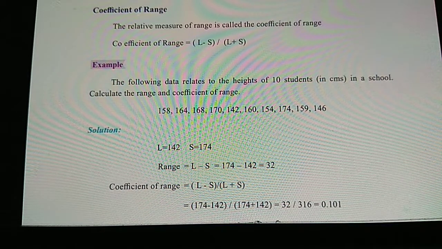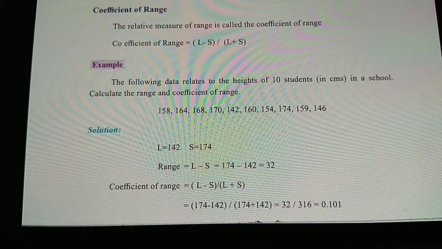First example: the following data relates the heights of 10 students in centimeters in a school. Calculate the range and coefficient of range. The data: 158, 164, 168, 170, 142, 160, 154, 174, 159, 146, the heights of the 10 students in centimeters. Solution: